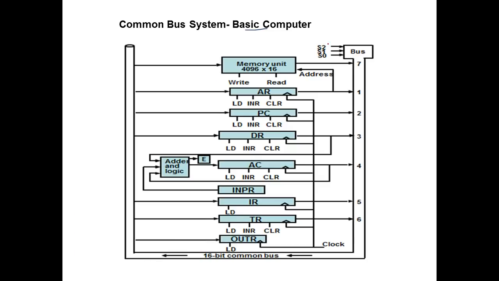The reason I am showing you this diagram is that when I explained it, I had simply said that the register which has to transfer the data will get the value here as per the function table, right? And then it will be loaded onto this common bus system, and the one which has the load bit equal to 1 will receive the data. So this is what I was explaining. Now let's understand this entire logic through the T0 and T1 clock pulses.